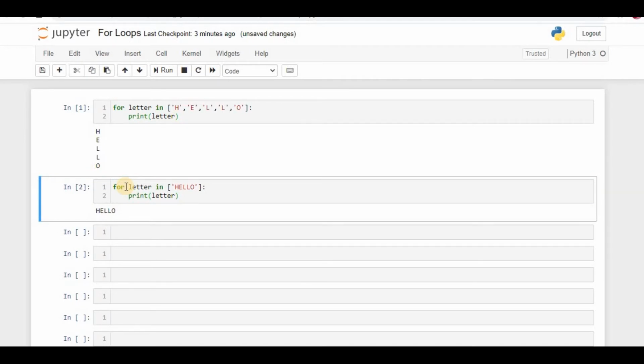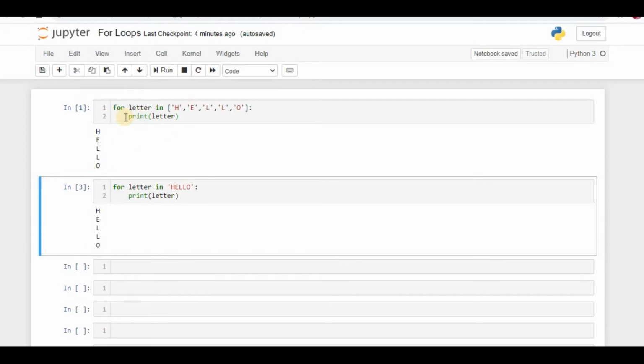Okay, so now what I want to do is, each time we print the list of characters, here we have 5 strings, so that is the reason Python is going to iterate 5 times, right? Now I'm just going to do a small change here. Observe very carefully. I am just going to remove the brackets and we'll see what will happen.